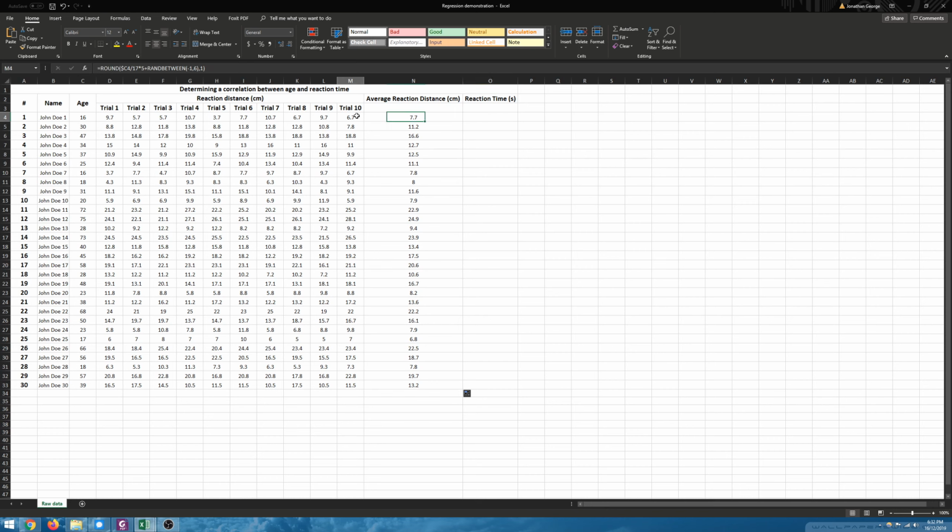So I calculated all the distances here. Over here, we need to calculate the reaction time, and we do this by using the formula: square root, open bracket, this value, close bracket, times 0.045. We press enter, and that should give us our reaction time. So a distance of 7 centimeters will take 0.119 seconds to catch, basically. Now, we've created that formula, we drag it all the way down,